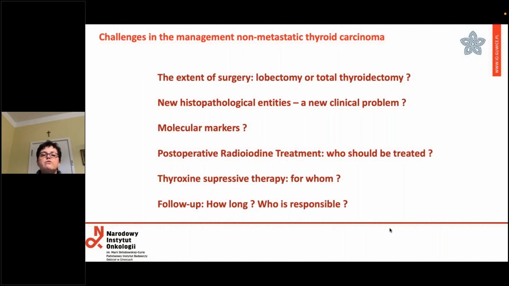Still an ongoing question is the question regarding postoperative radioiodine treatment. Who should be treated? Particularly, today will be discussed the intermediate risk patients. Thyroxine suppressive therapy for whom? And another question could concern follow-up: how long, who is responsible, endocrinologist, reference center, and